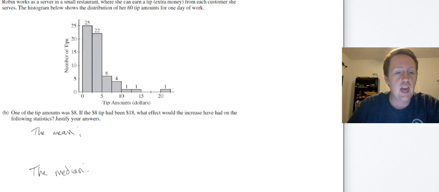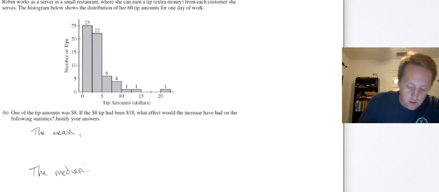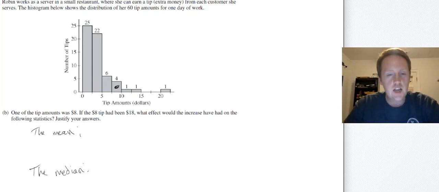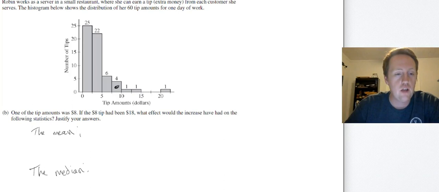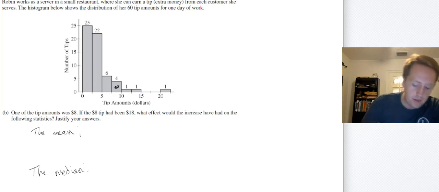One of the tip amounts was $8. Okay, so one of the tip amounts was somewhere in here. If the $8 tip had been $18, what effect would the increase have had on the following statistics? Justify your answer. All right, let's talk about the mean. If I increase a tip by $10, the way the mean is calculated is by adding up all the observations and dividing by how many there are. So that means the mean would increase